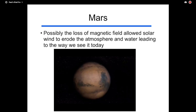So in the past, we believe that there was water on the surface of Mars and that there was a magnetic field and that it was liquid because we see the signs of erosion. But because Mars was smaller and with less mass, it cooled off faster than Earth. If it cooled off faster, it solidified the core, the electricity stopped in that liquid metal, and the magnetic field